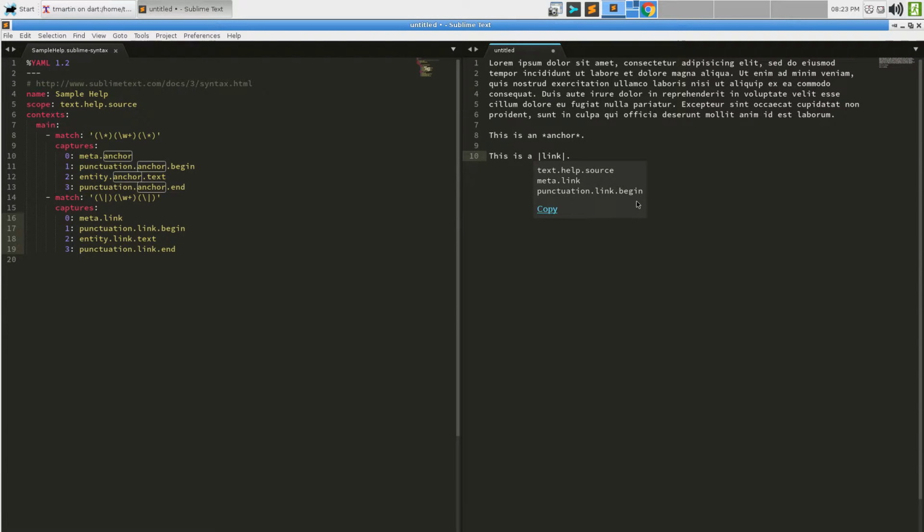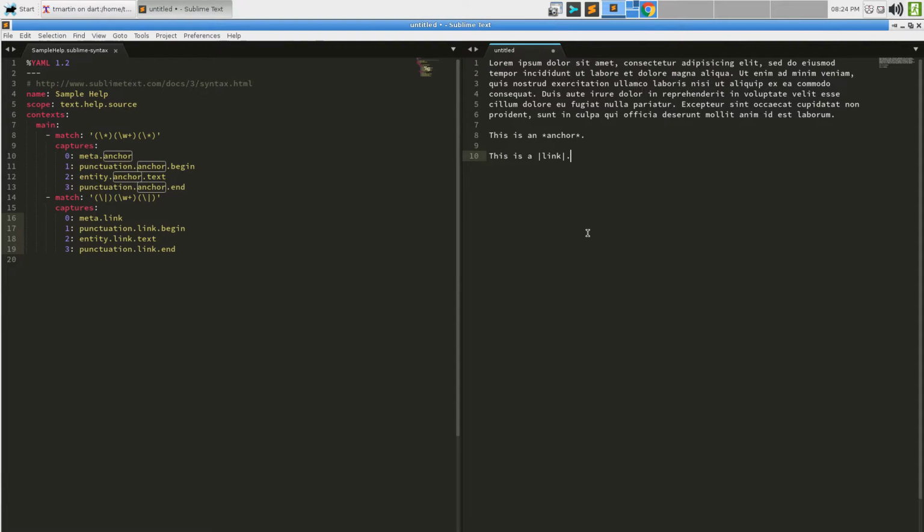Now the scope guidelines say that you shouldn't really color things with the meta scopes. They're more for plugin use. So that's why this is meta.link. So we could extract that as a link, and this is meta.anchor. So we could extract it as an anchor. Now, as we can see, this has what looks to be a valid scope. It's just not syntax highlighting here at all, right?